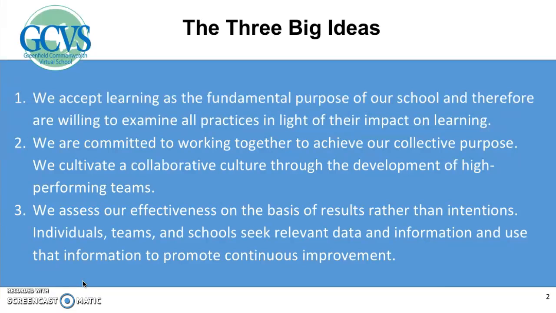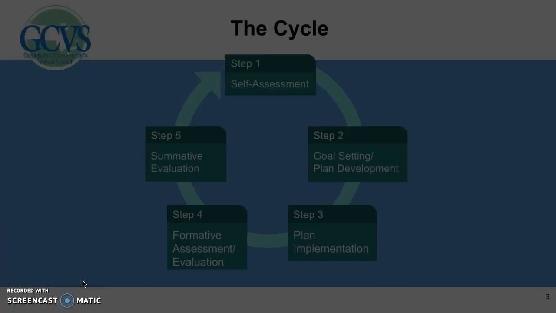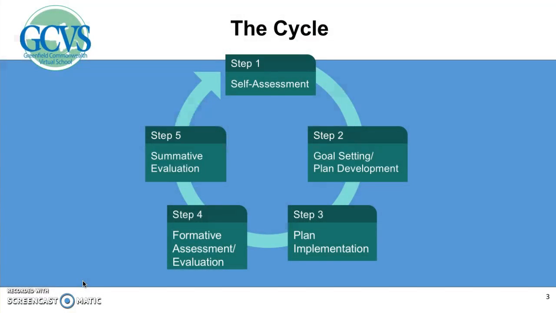Big idea number three embraces the gathering of evidence of practice. Both educator and evaluator play key roles in this process. The educator evaluation system has 5 steps that are designed to feed each other in a cyclical fashion. If you are familiar with action research as a methodology for improvement of practice, these steps will be ones you recognize. Step 1 is the self-assessment process that begins the work.